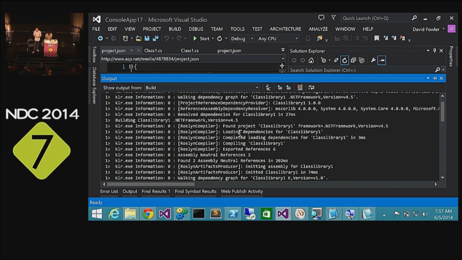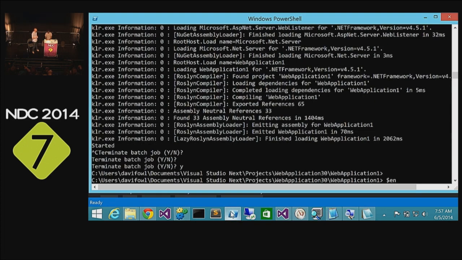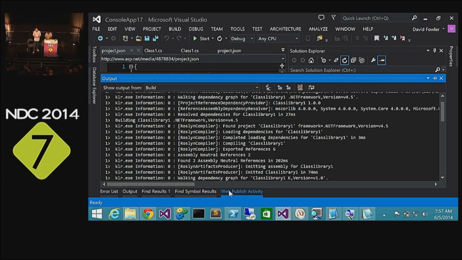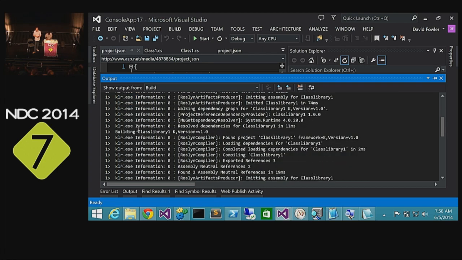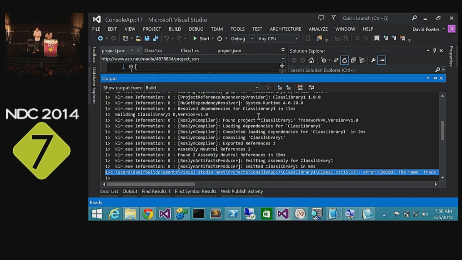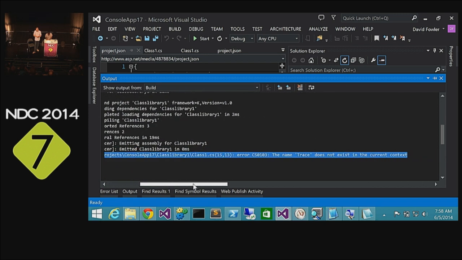So if you look in the log, to see this entire log, you need to turn on KRE trace. It's not on by default. How would I do that? You can do it either globally or on the command line. Just a KRE environment variable? Yep. KRE trace equals 1 to turn this verbose log on. So it built for 4.5, and it found a bunch of stuff, 2 references to this interface. It made the assembly, worked fine. And then it said building for K 1.0, did the same things, and then said, oh, can't find trace in